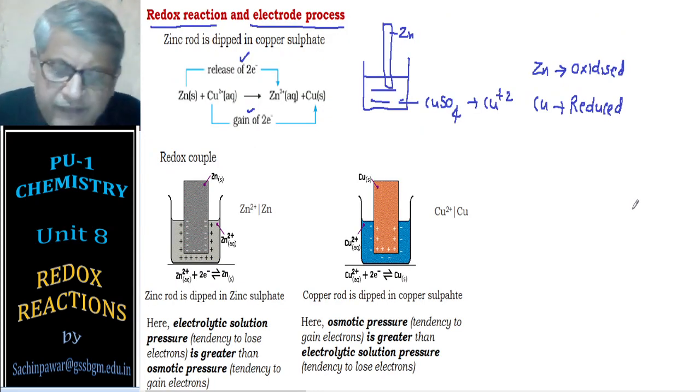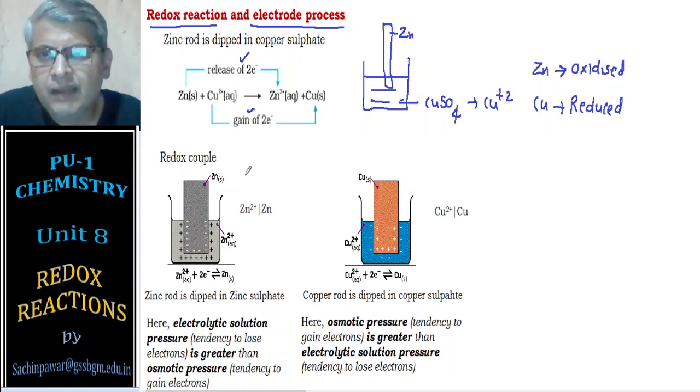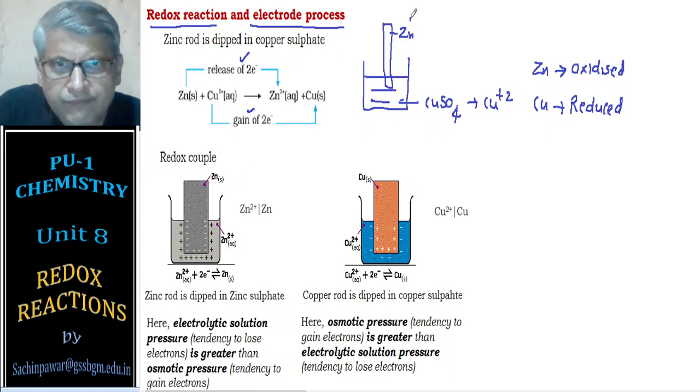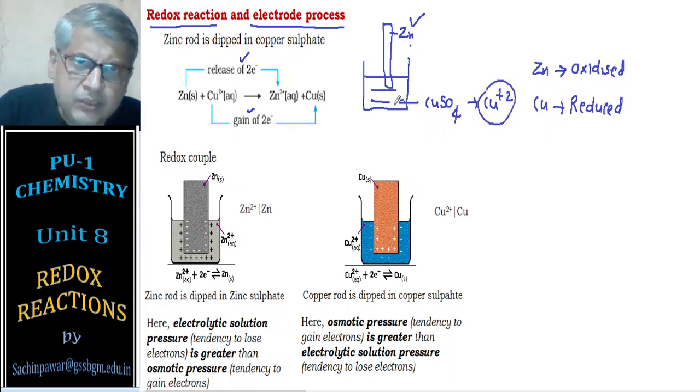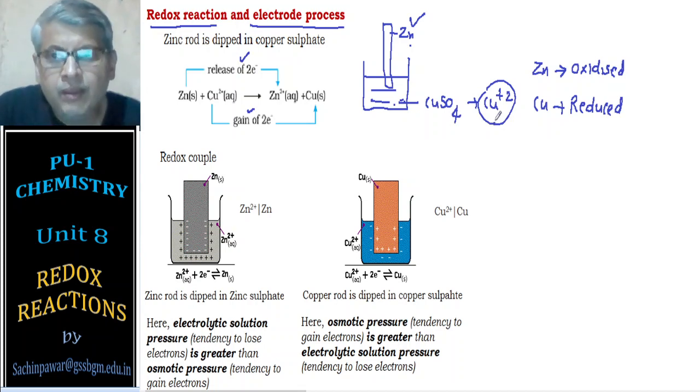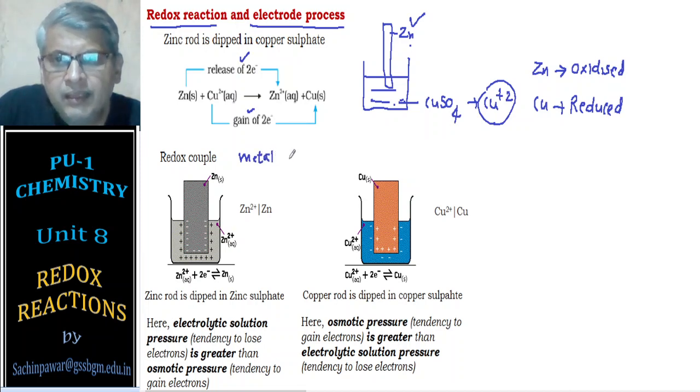Okay, now the chemists have a little modification in that. Here you have taken a different metal and a solution of a different ion, that is copper plus 2. So zinc is dipped in the solution of copper plus 2. What if we dip a metal in its own ion? What if we dip the metal in its own ion? So when you dip a metal in the solution of its own ion,